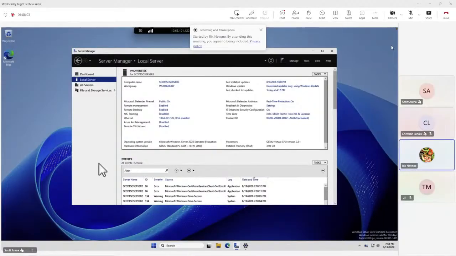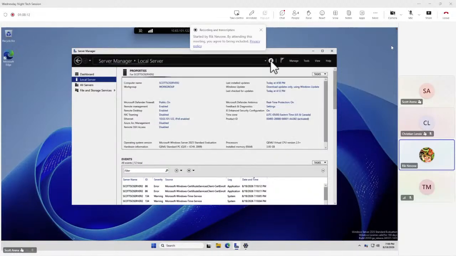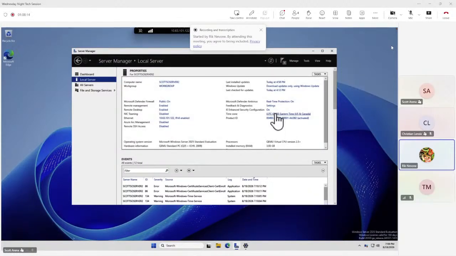Now see how it didn't change on the screen? Right next to the flag, to the left of the flags, the yin yang symbol, hit that. It'll refresh. And look, it's Eastern time, US and Canada. Another thing that we do on most of our servers, just for ease of use for an